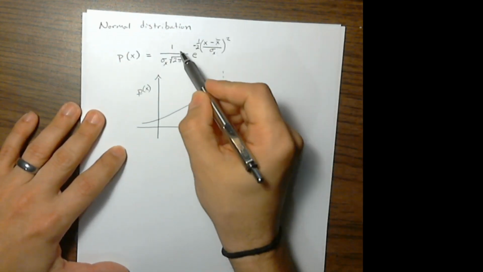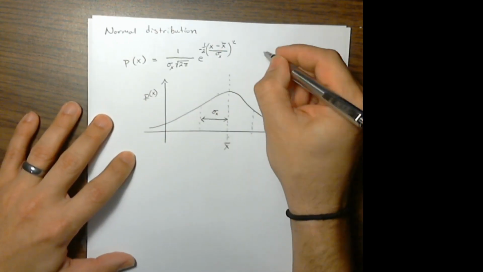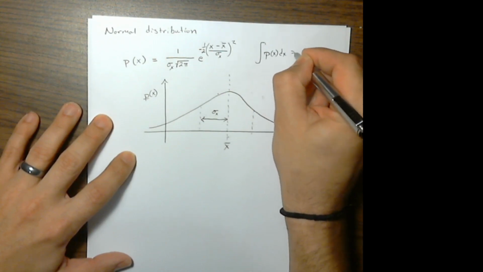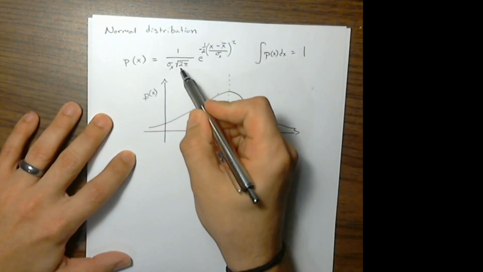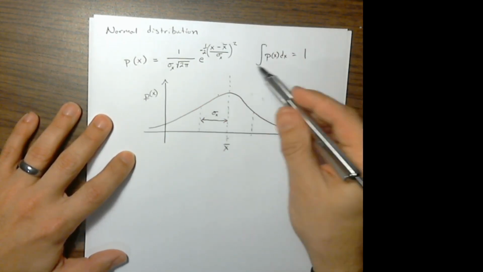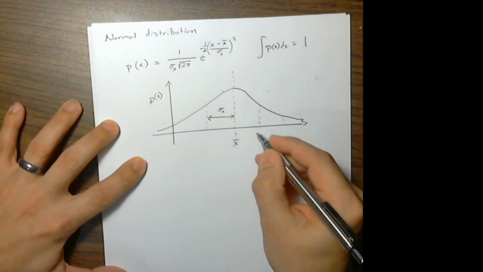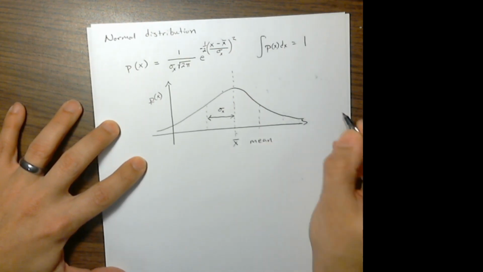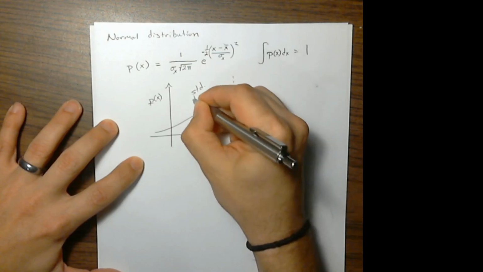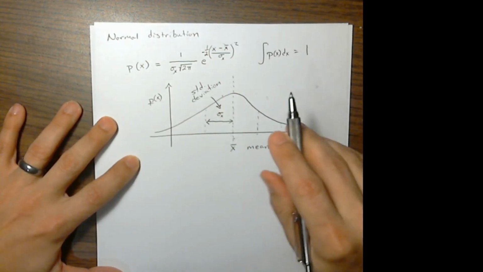Of course, the reason for this complicated denominator here is that it's a normalizing coefficient to ensure that the integral of p of x everywhere is 1. Right, that's the reason for this irritating coefficient. And you'll notice that its shape is completely determined by two parameters: the mean, right, and then the standard deviation. So this is the normal distribution.